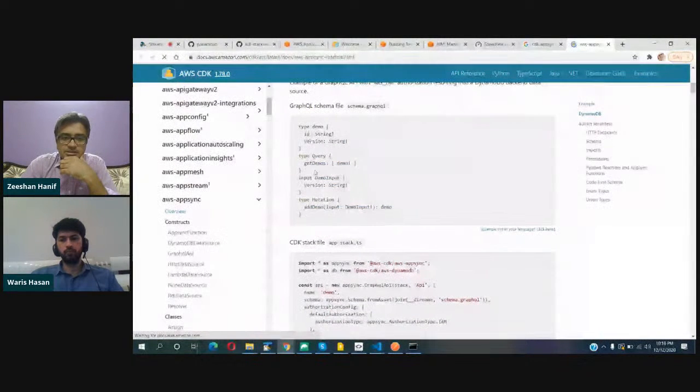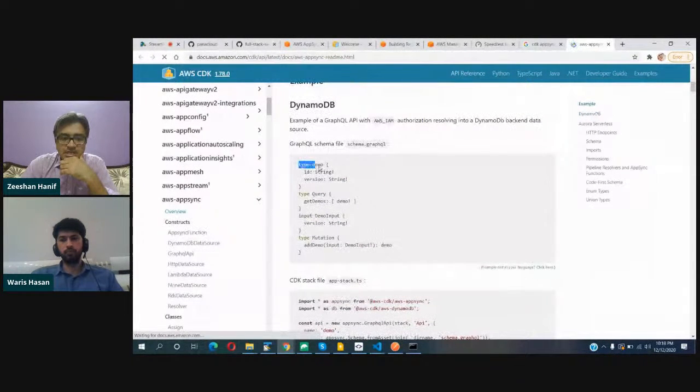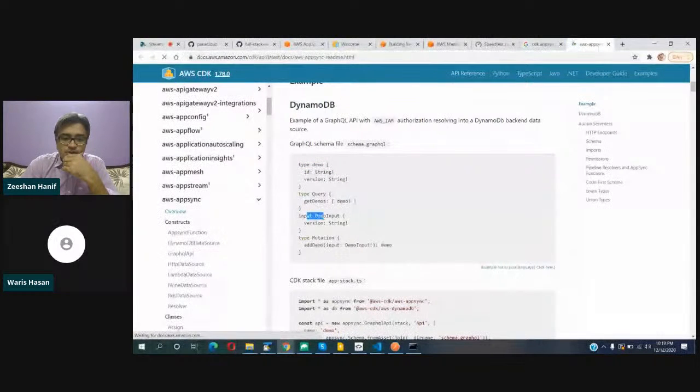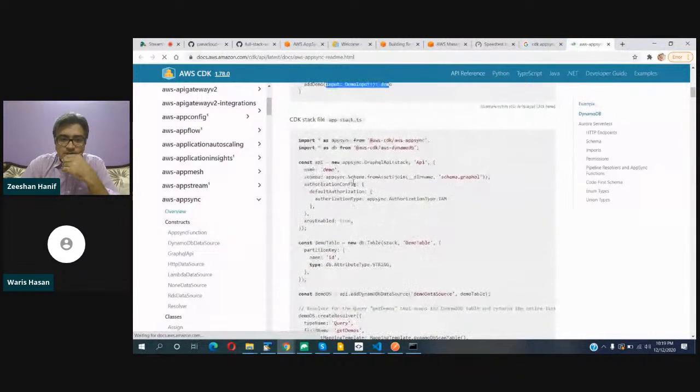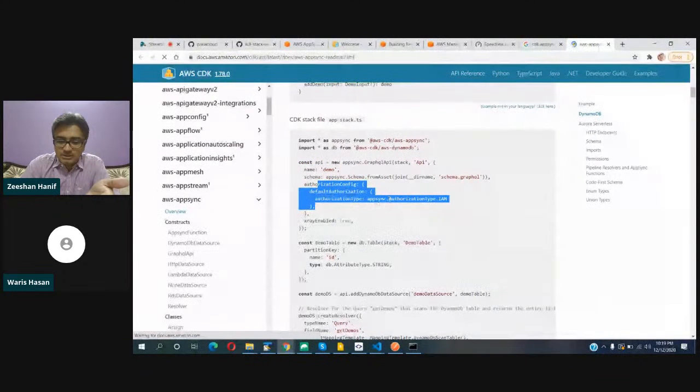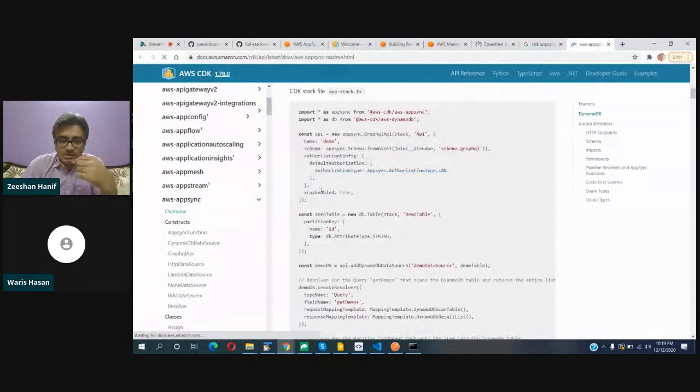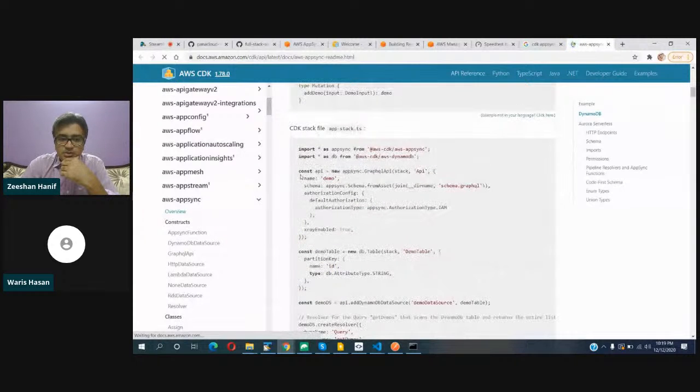Let's say it says create type, it's a type, then query. We have learned this in detail previously. If you want to add an input in the mutation, we need to create it like this. Then we can call the AppSync API, then provide authorization with IAM or enable X-ray for debugging in detail. So that's the basic construct which you can use for